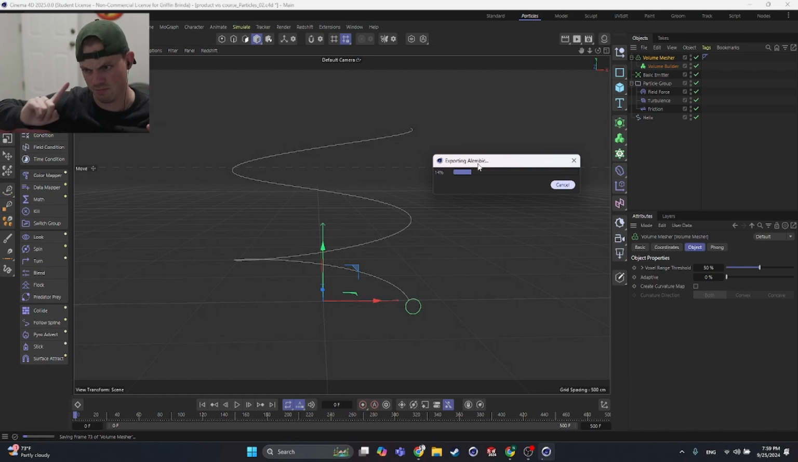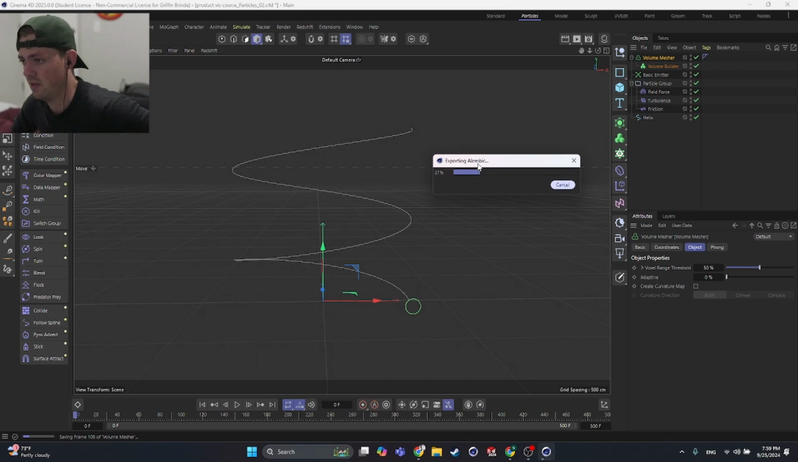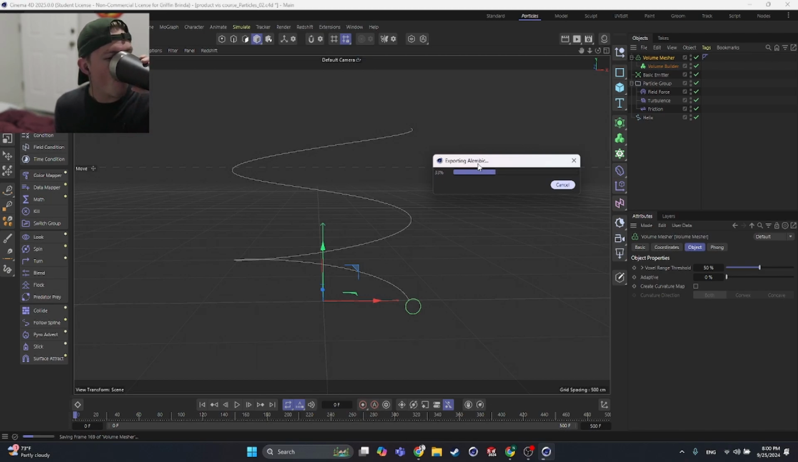And this is pretty fast, if I'm not mistaken. 10,000 particles turned into a mesh and fed through a volume builder and then a mesher is kind of crazy. For 500 frames too, 26%. That's not bad. That's not bad at all. Alright, while this loads,